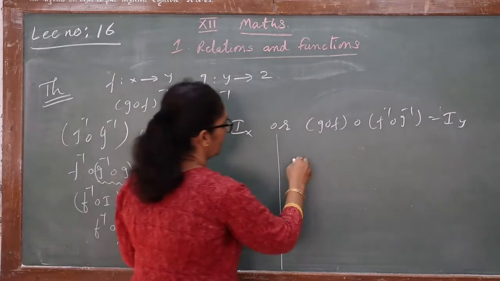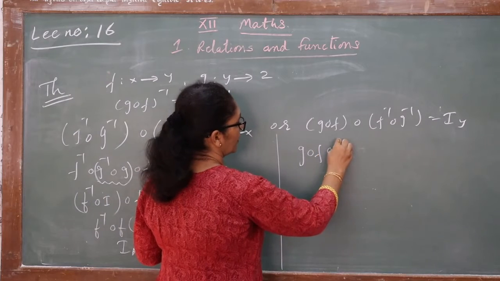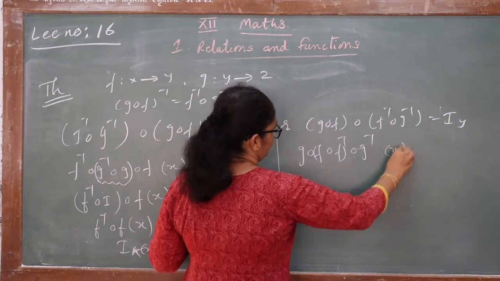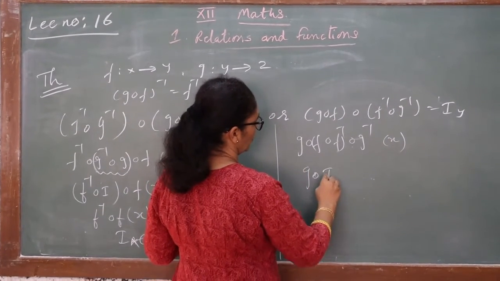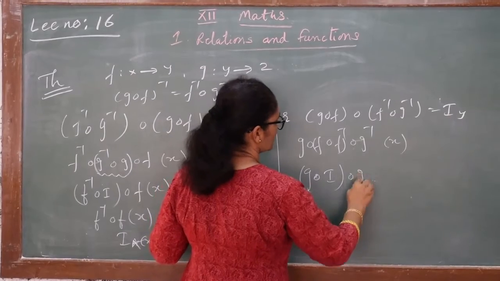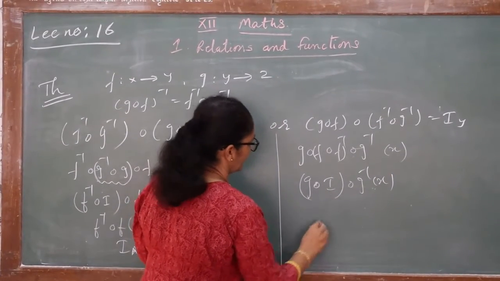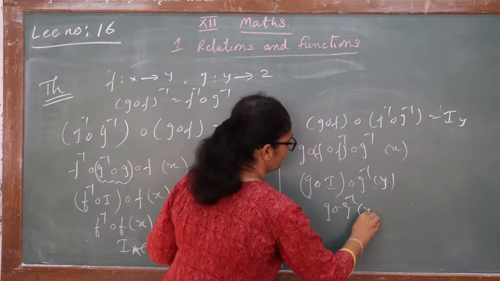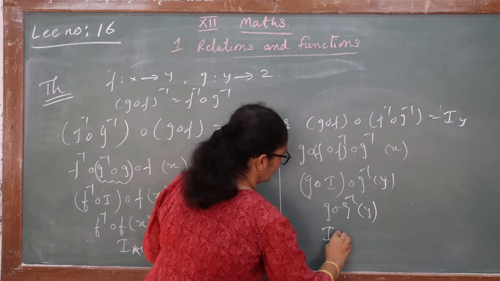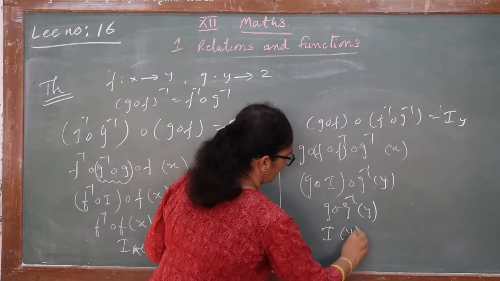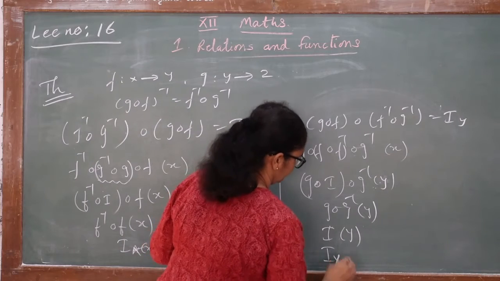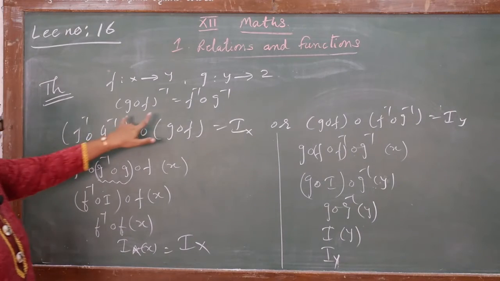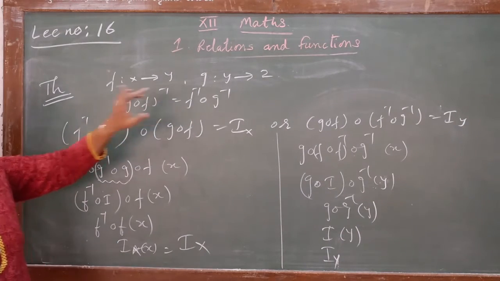Same concept, let's apply here. g over f over f inverse over g inverse. We combine these two together, right? So what do you get? g over identity over g inverse of x. Now you know g over identity is g only. Here, when we take g, it means y. So identity over y is equal to identity. So from both you can get one idea: that both are the inverse of each other.